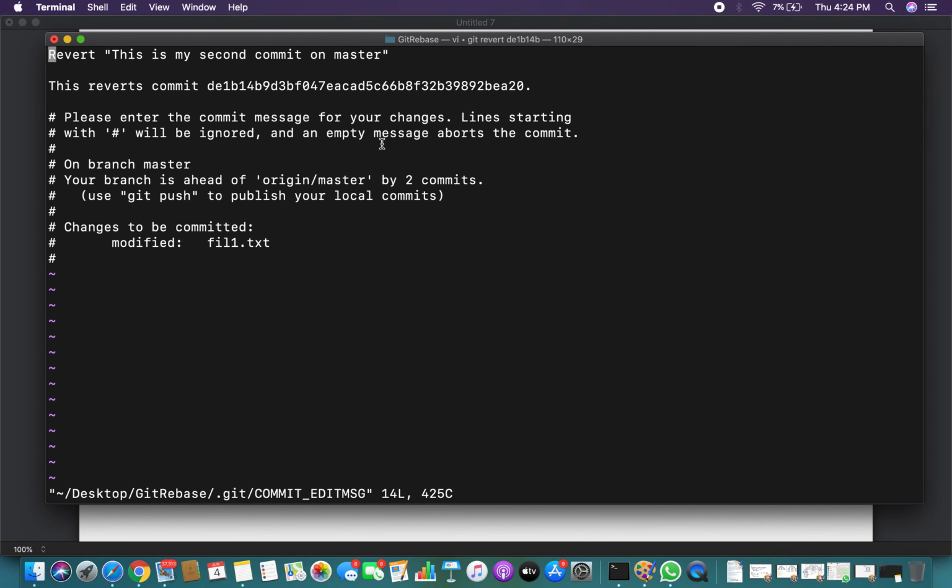Since it is making a new commit without any message that we have given, it is asking us to enter the comment. If you don't enter one, it will abort the commit. Let's enter one, because since it is asking for a commit message, it's making a new commit for sure.